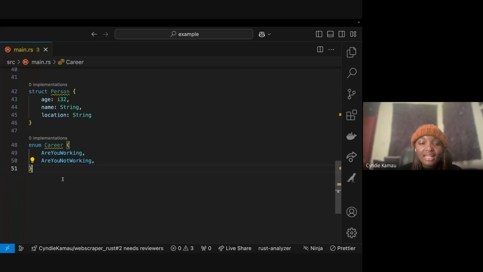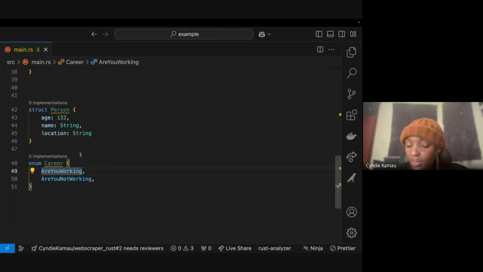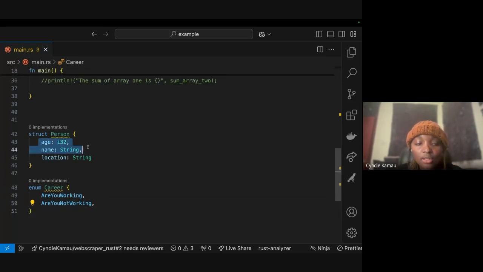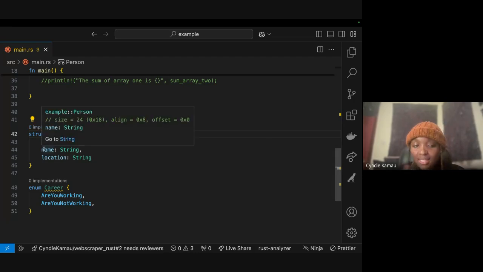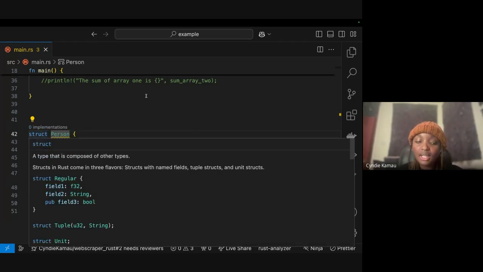The difference between an enum and a struct is that with an enum, you have to choose one of the variants. With a career, it's either you're working or you're not working. But with a person, I need all this related information, so that's why I've used a struct. That's the difference between a struct and an enum.